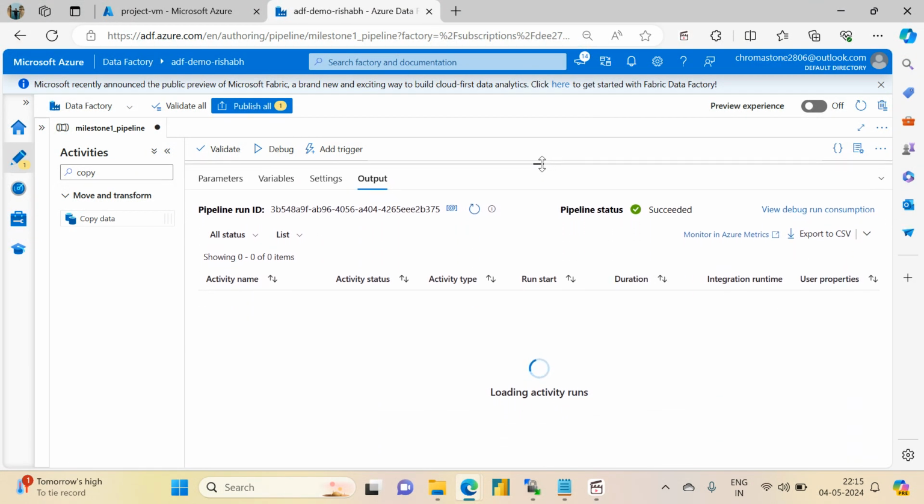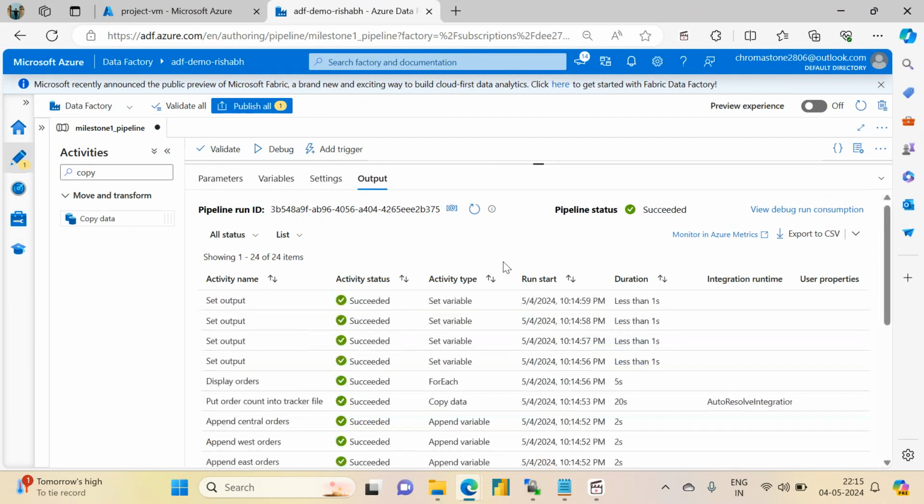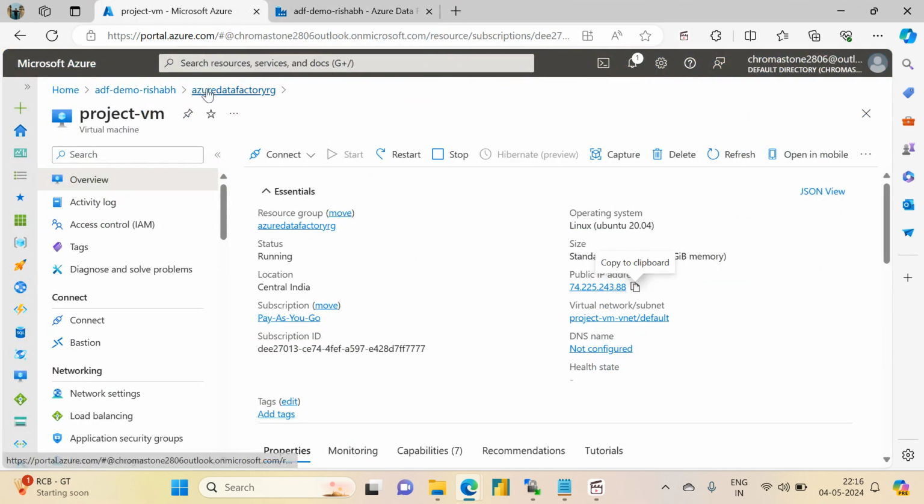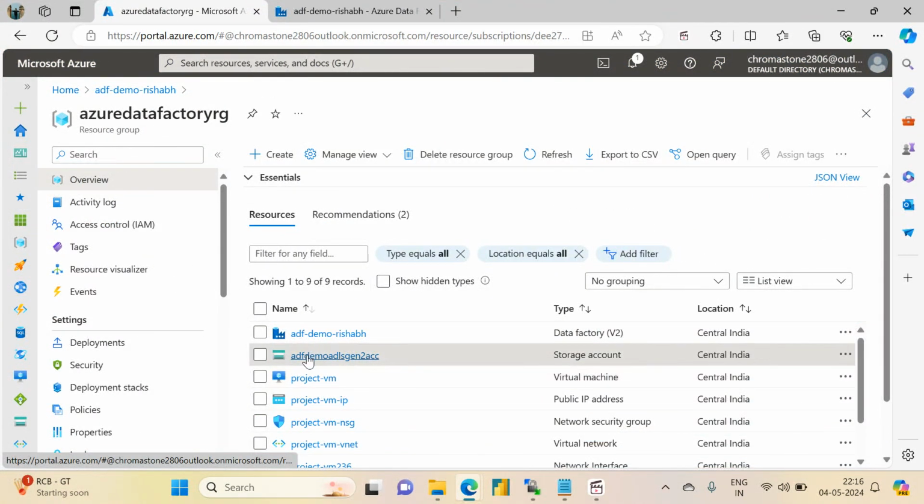Now I just want to see the input to the copy activity in order to validate whether we are getting the additional data that we have given into additional column fields. So if you see, we have additional columns where we have four columns: east, west, central and south. Okay, and their values are order counts from the first 5,000 rows. Okay, so now we should get the CSV file into the sync